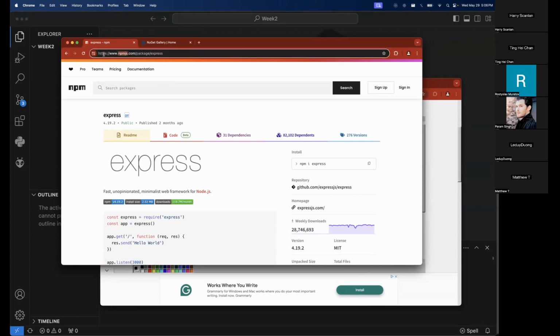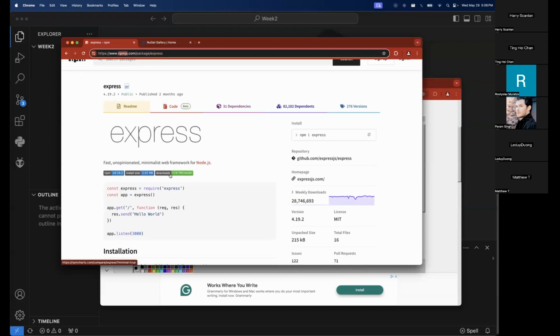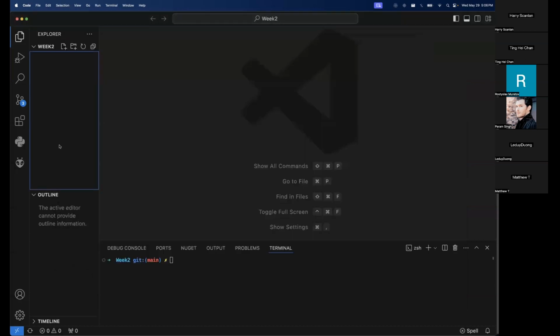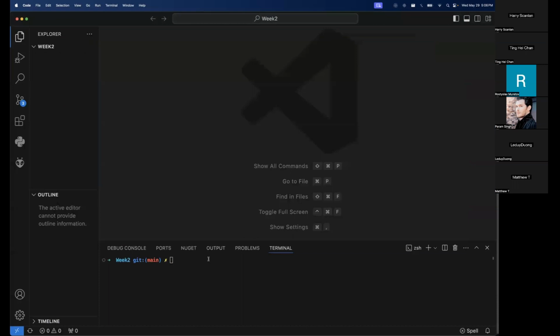Now, npm makes our life a little bit easier. This would suck too if I just had to download a zip file. Holy shit, 30 million downloads in a week. That's a lot. Okay? Anyways, if I had to download this and drop it into my project. So instead, we're going to use this thing called npm. But before we get there,